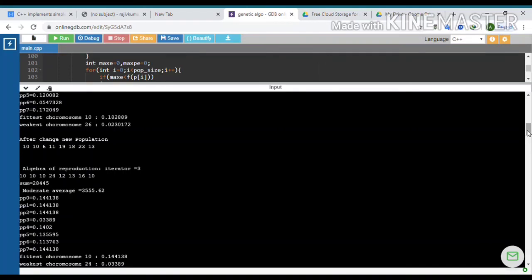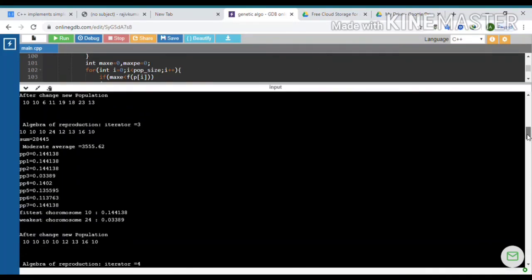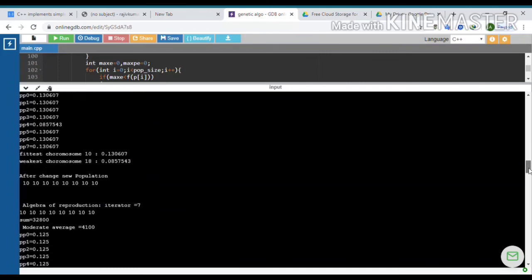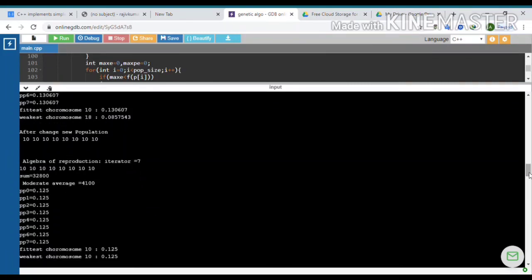So 10 is our optimal answer. We can see that in the sixth or seventh generation, here in the seventh generation, we have finally reached our optimal state. That means all the chromosomes have become 10, which shows that it has become its optimal state and it cannot be optimized further.